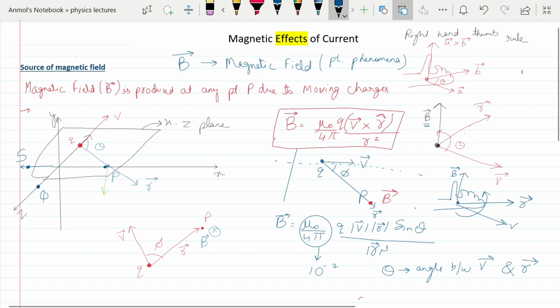To make you understand this, I've taken this figure 1. It has an x-axis, y-axis, and at the same time a z-axis. Here it shows that a charge q is moving with velocity v along the minus z-axis. And I tell you to find the magnetic field because of this moving charge at this point. This is theta, but do not get confused. To avoid confusion, I will write this as phi. This is the angle between V and R.